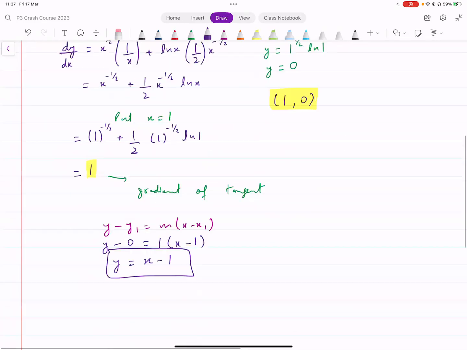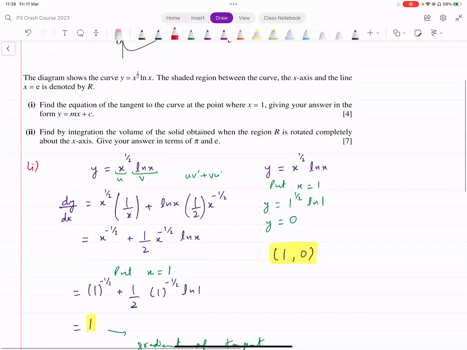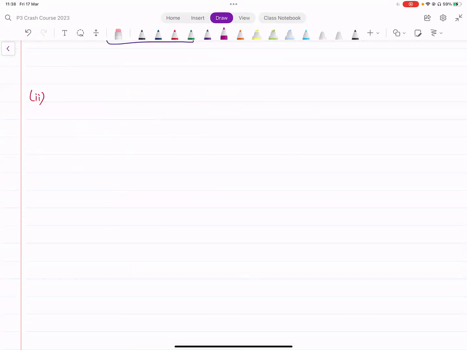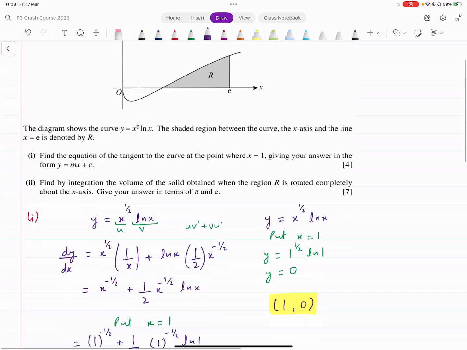Volume obtained. What's the formula for volume of revolution? We are rotating about the x-axis. So it's going to be Vx equals pi into the integral of y squared with respect to x. That's the formula that we have for finding volume of revolution about the x-axis. All right. Now let's look at the diagram. This is the diagram. This region is R here. And the function that we have is y equals x raised to